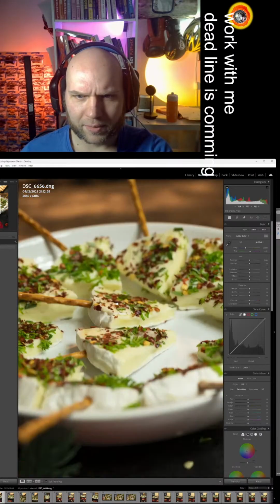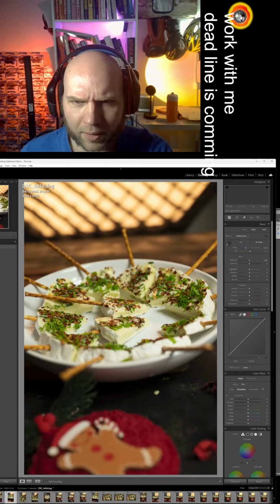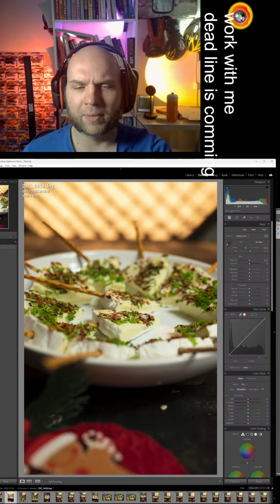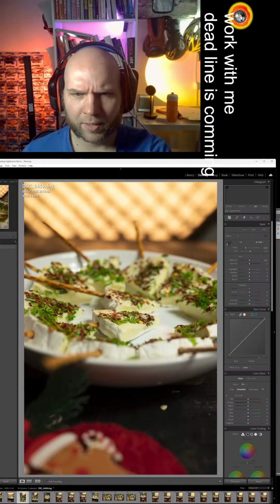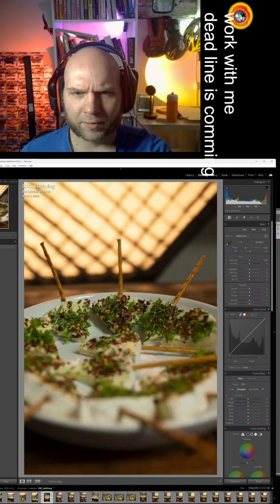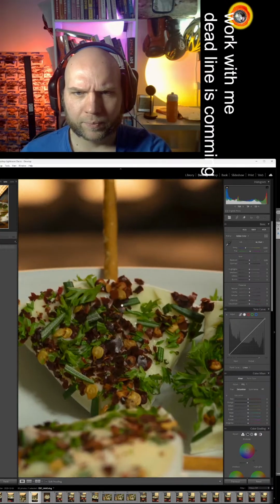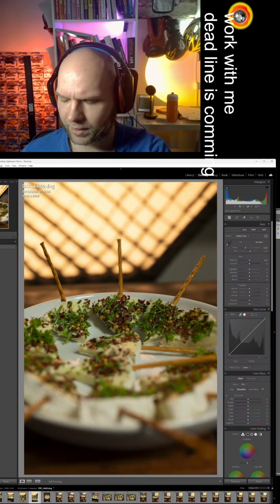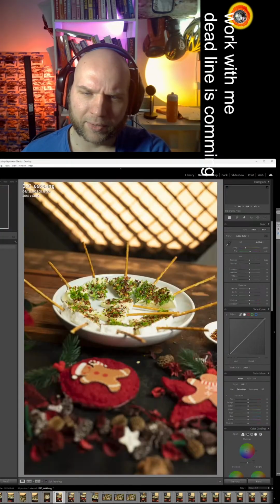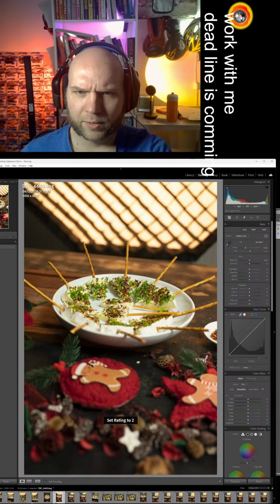I have taken multiple takes, so it wouldn't be a problem to get a sharp photo. For example, like this, it's much sharper. But let's check what we have over there. That might be okay. I really like it. 2 stars because it's not perfect. This one is a little bit chaotic, skewed. This one is better because we have decorations at the bottom too, and you can see it's a little bit sharper.